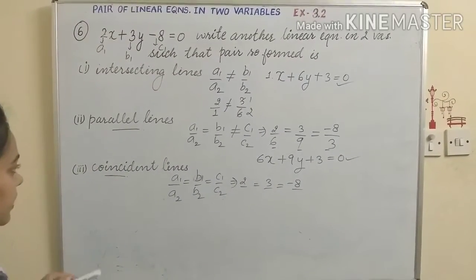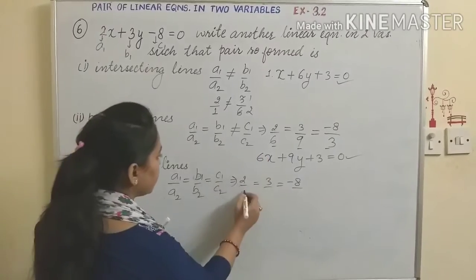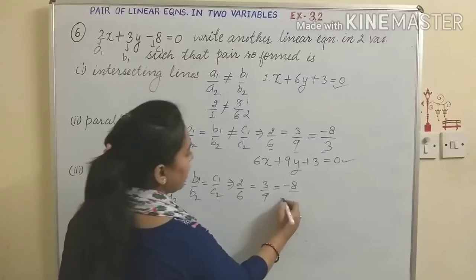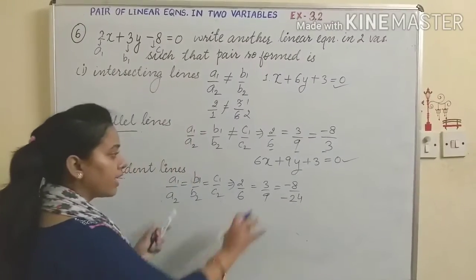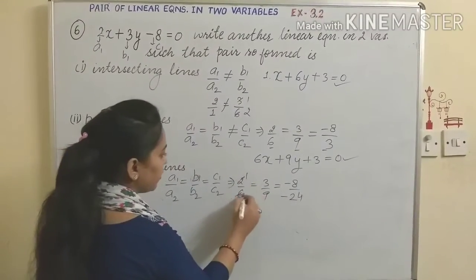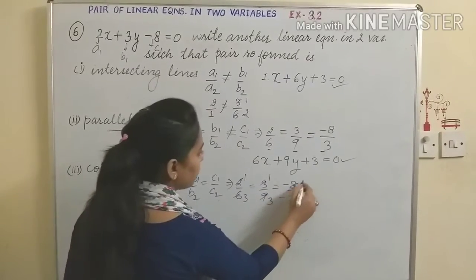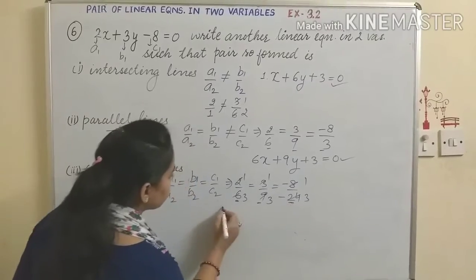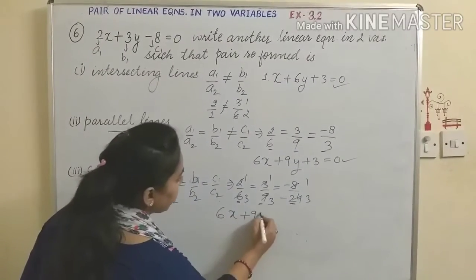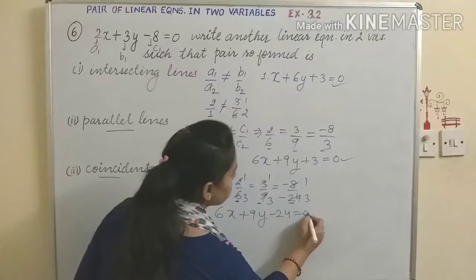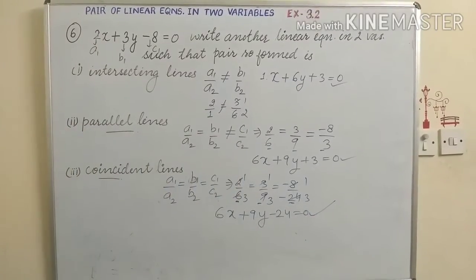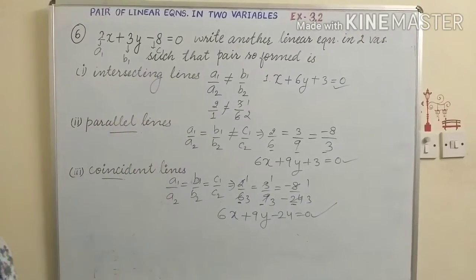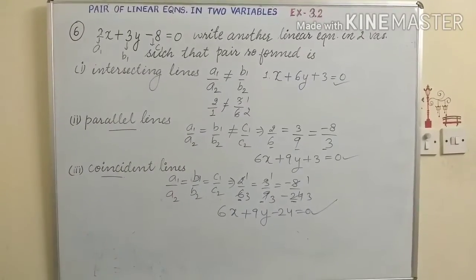Now we have to make the ratios the same, so let us make it 6 only, and this will become 9, 1 by 3, 1 by 3, and let's take it to be minus 24, again 1 by 3. You can see when we cancel these, we obtain just 1 by 3. So these coefficients give 6x plus 9y minus 24 equal to 0. This is the equation, and with the help of these ratios we can create so many linear equations like this. That's all with this question.